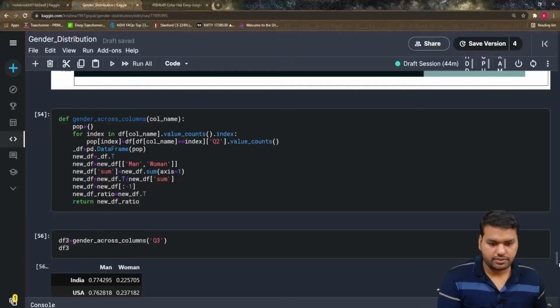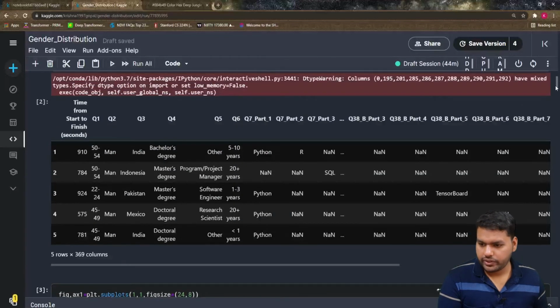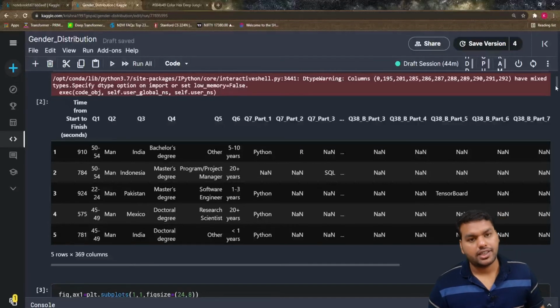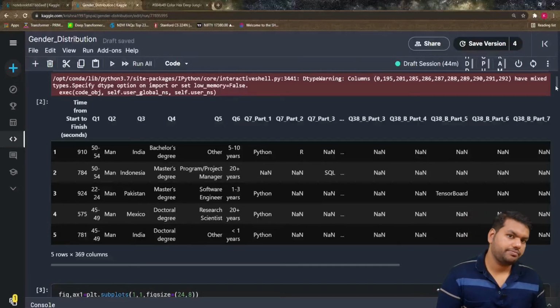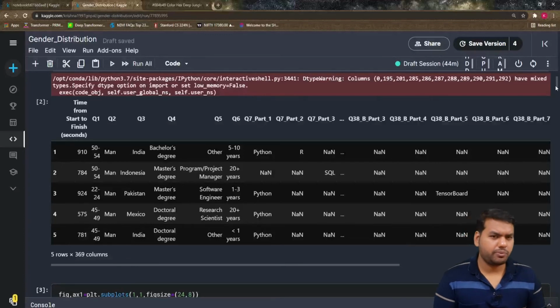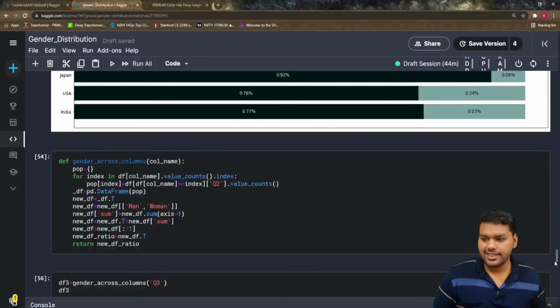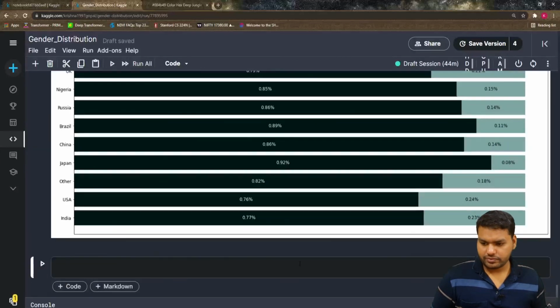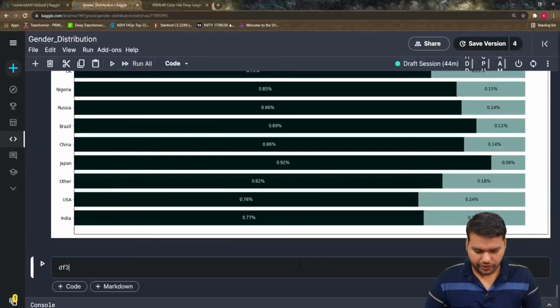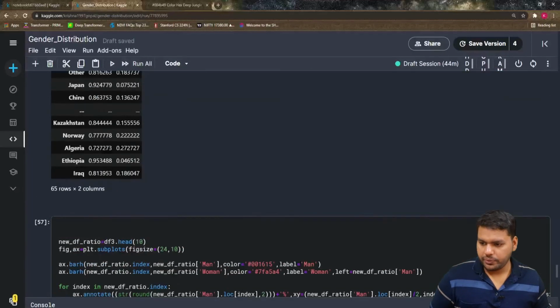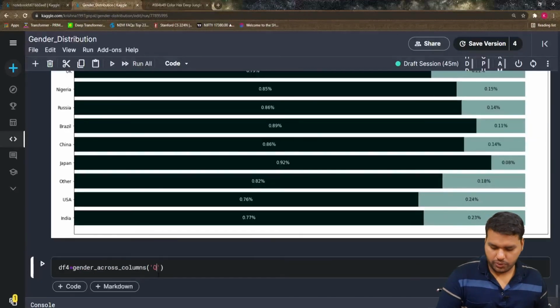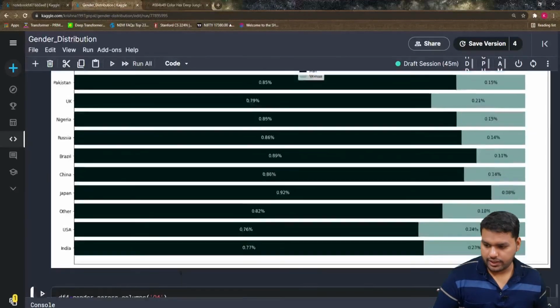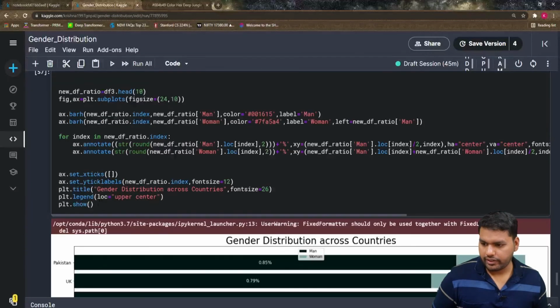So let's just see what our q4 is. Remember, q4 is about the degree: how much gender contribution there is towards the degree, like how many people with masters are male, and how many with bachelors are female. So let's see how we do it the easy way. df4 is equal to, you just have to change q3 to q4, and the same code will run here.